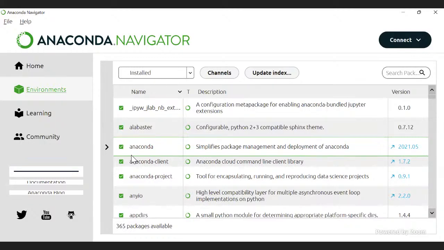Similarly, if I want to work with Numpy, Pandas, or Seaborn libraries, these libraries should be in my bookshelf, or rather in my environment. So let's go ahead and check whether I have these libraries in my environment.